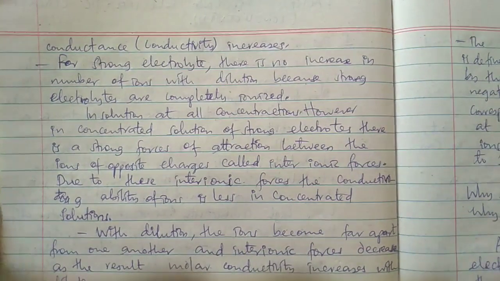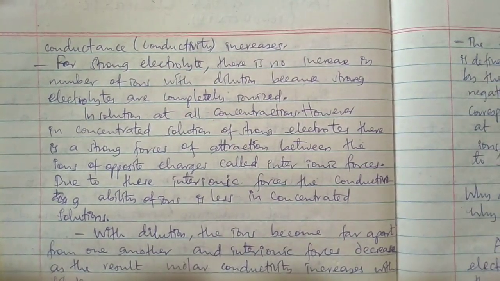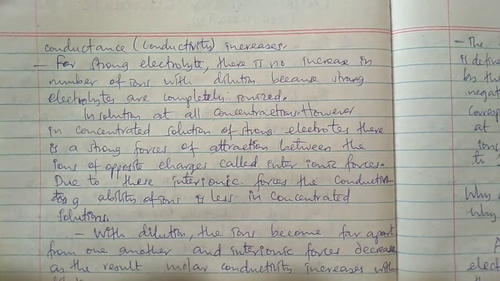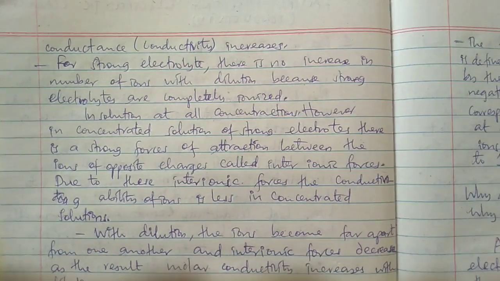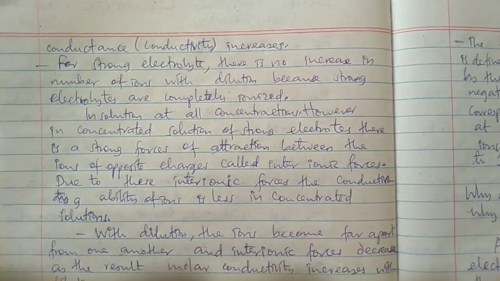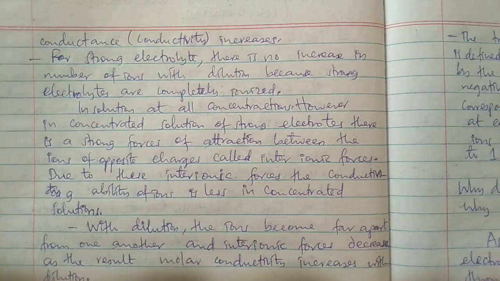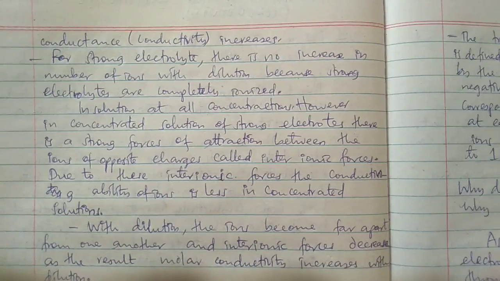For strong electrolytes, there is no increase in number of ions with dilution because strong electrolytes are completely ionized. They are completely ionized in a solution at all concentrations. However, in a concentrated solution of strong electrolyte, there is a strong force of attraction between the ions of opposite charges called the interionic